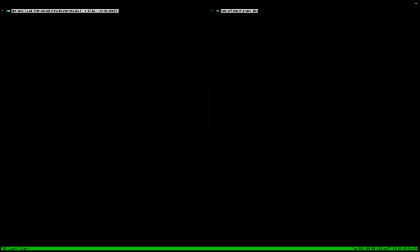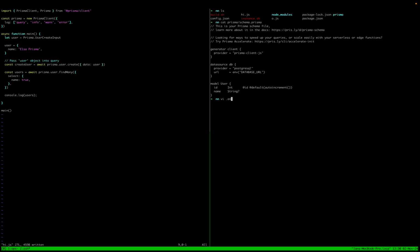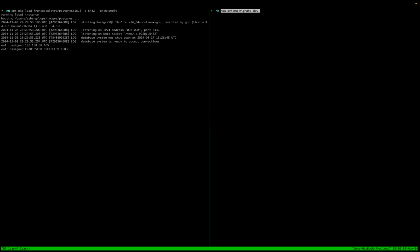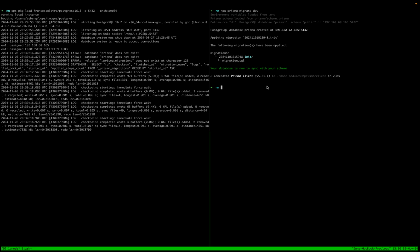Locally, if you wanted to run this, you could just use this package that we made here. So it boots up instantly, as we would expect. Address is 68.165. Let's go ahead and adjust our env here. I'm just gonna pop it in here, 165, something like this. All right, so we got our env right. Now we can do our migration. So we do that. As you can see, there's some activity on there, and so now it's up and running,